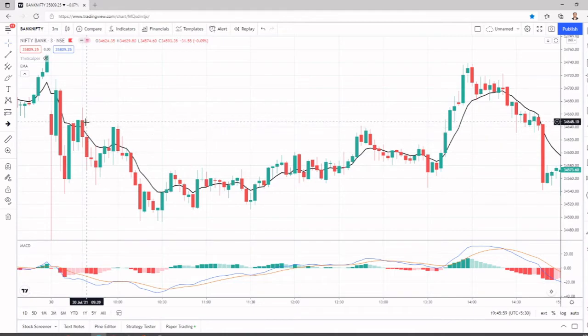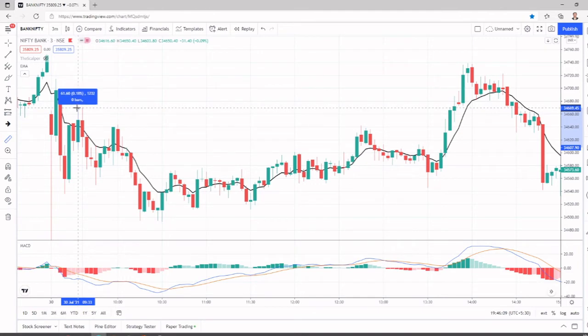So this is the candle where price closed above and is falling below. So we'll see what the size of this candle is. Why I'm telling you the size of the candle: your size should be your stop loss. So the high of this candle will be your stop loss. So it is 61 points. As far as index points are concerned, 61 is less. That is fine. So we will do a short here.